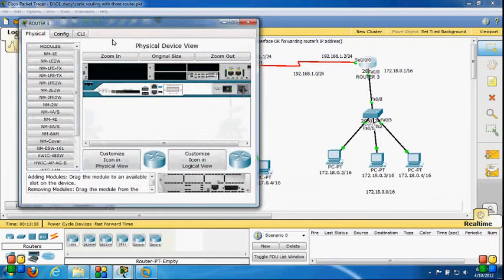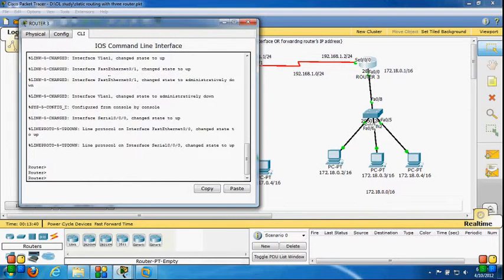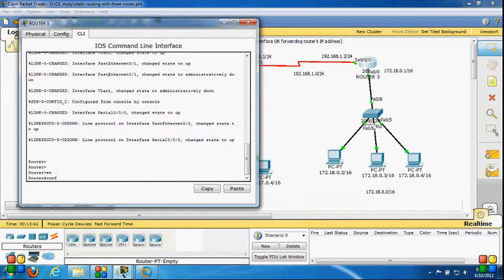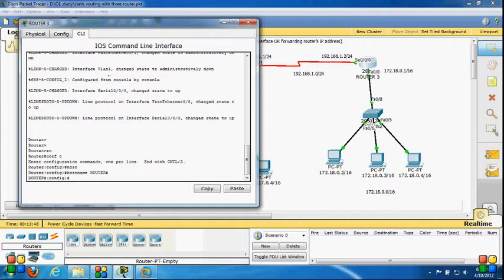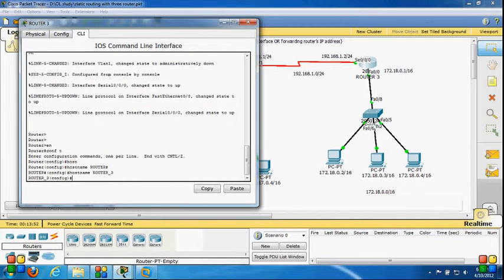So let's configure static entries on router 3. Enable, config t, host name router 3, and now ip route.